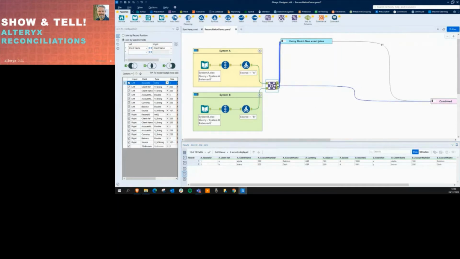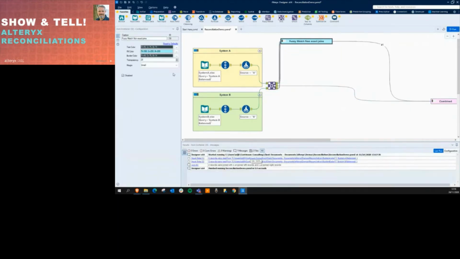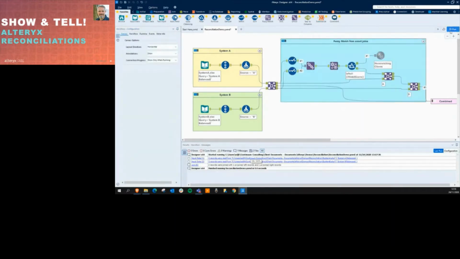But we have a problem because we have Charlie name on the one side, Charlie name F on the other. So we can't actually do anything in terms of reconciling, which we'll be doing later, because we can't even join them. So I'm a bit of a fraud actually demoing this. Ben is the master of fuzzy matching. However, he helped me get the demo working. So if I run this again,